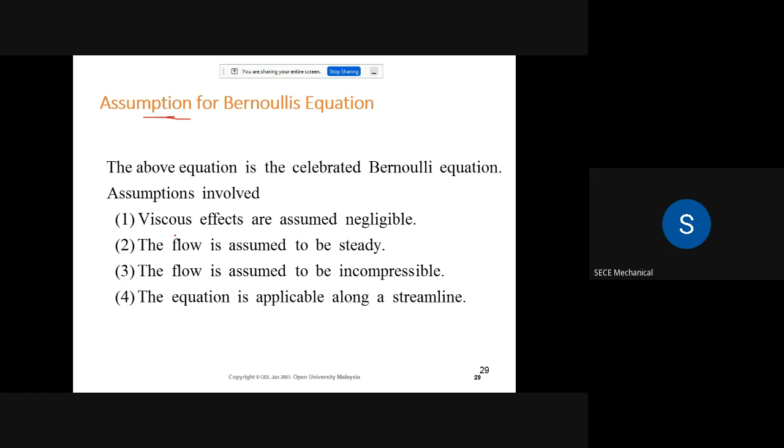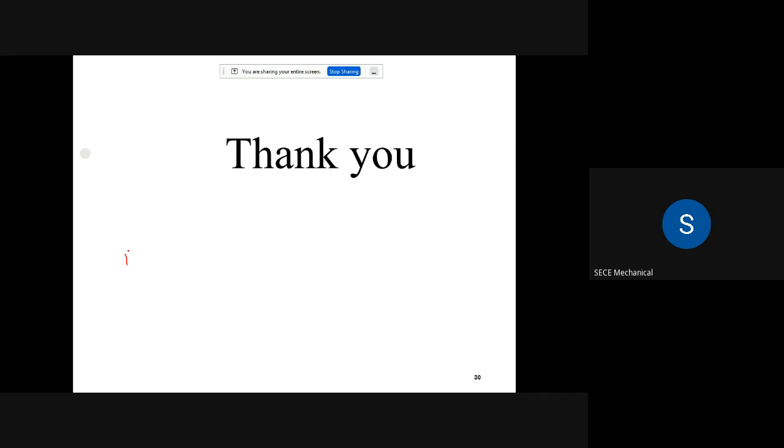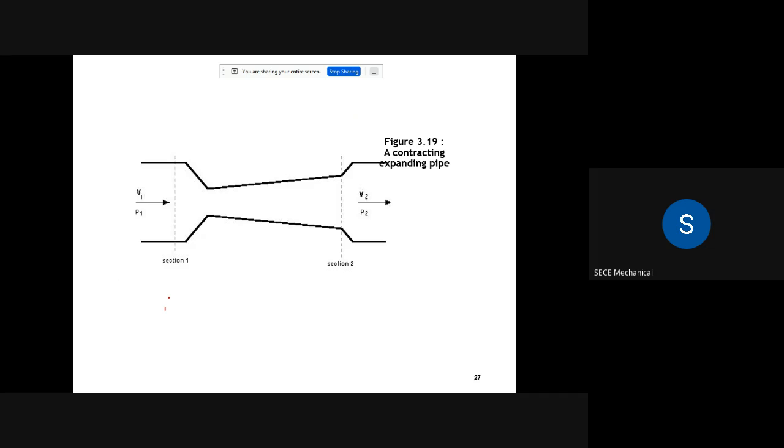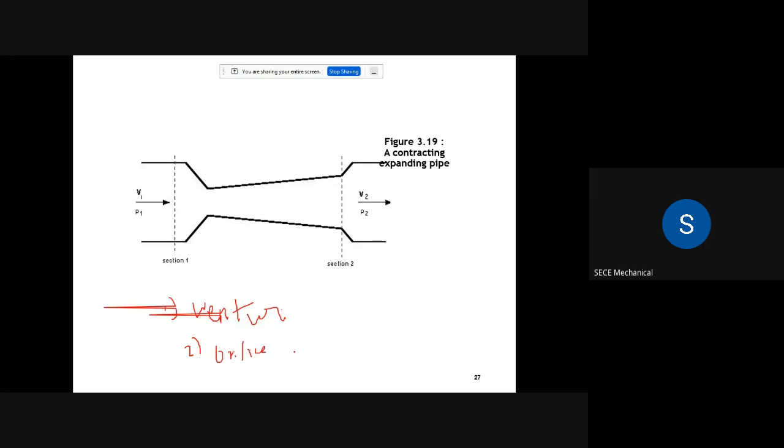There are some applications of this Bernoulli's equation, right? So what are those applications of Bernoulli's equation அப்படின்னா? First one is called as a Venturi meter. Let me move there. That is called as a Venturi meter, one kind of application of this Bernoulli's equation, right? Second one then, that is called as an orifice meter. And third one then, that is called as a pitot tube. So these are the three different applications of this Bernoulli's equation, right?